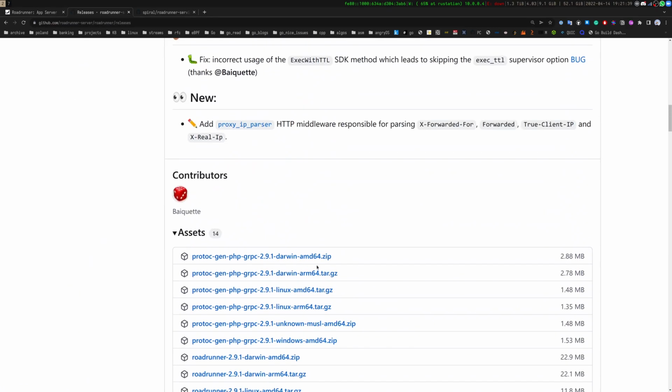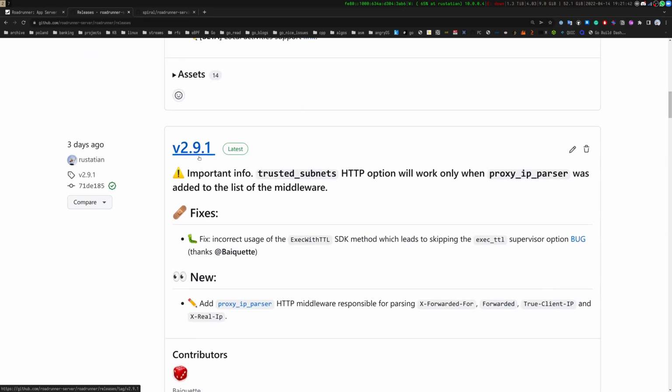Another news, as I said in our chat, is a change to our HTTP plugin. It's very important, guys, because we moved the middleware and its documentation to a separate plugin. Now trusted subnets can be used only in conjunction with the proxy IP parser. This is done because most users don't need trusted subnets functionality,